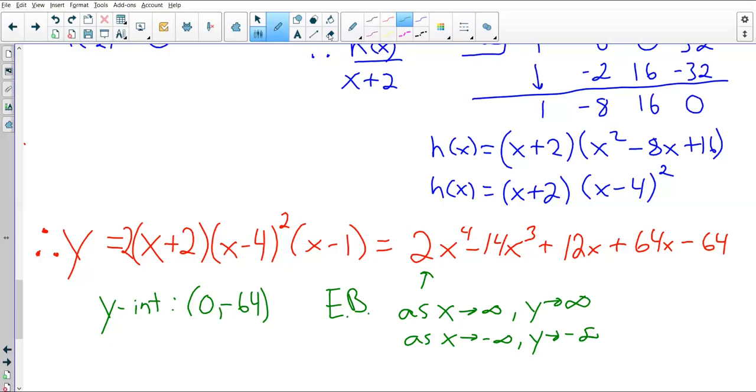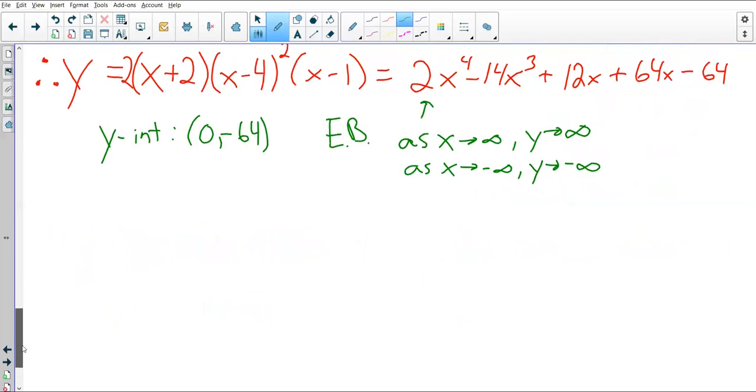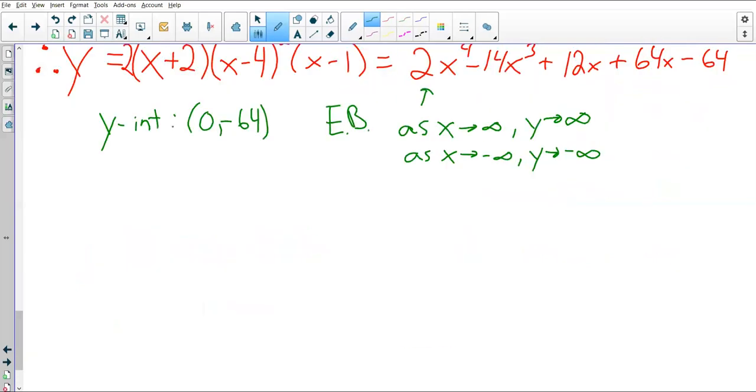So I should be ready to sketch this at this point. I've got all my roots. Now, I haven't explicitly written out my roots. I still have it in factored form, but I have all my roots, and I have my y-intercept, and I have my end behavior. So if I take a look at what this graph should look like,